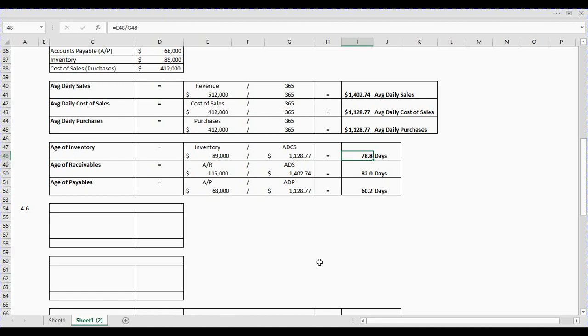Why would I buy it from them just to sit around in my warehouse? That causes me to have extra warehouse space. That means I've got money tied up in my inventory. So that's not a very good number. In some cases, it might be,